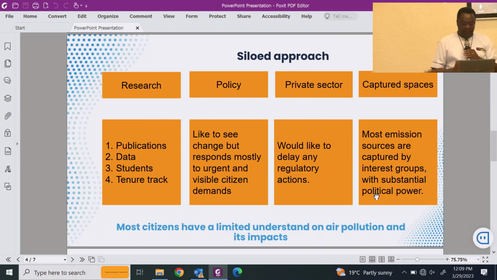We also have a group of private sector, and these ones would really love to delay regulatory actions. So if they are in the space, their interests are different. We also have some interesting areas that we call the captured spaces. Most of the emission sources in African cities are what we call captured spaces. For example, in Nairobi and most African cities, public transport is mostly run by private sector. So private sector would not be interested in vehicle emission testing and all those other nice things that would reduce emissions